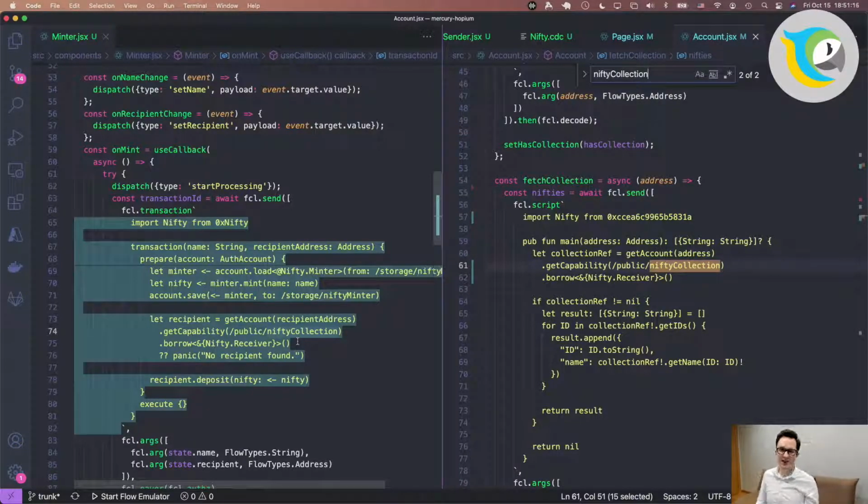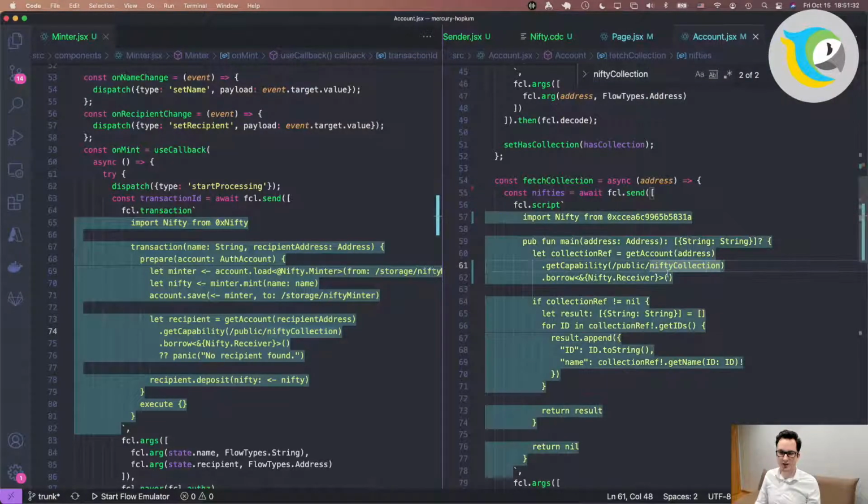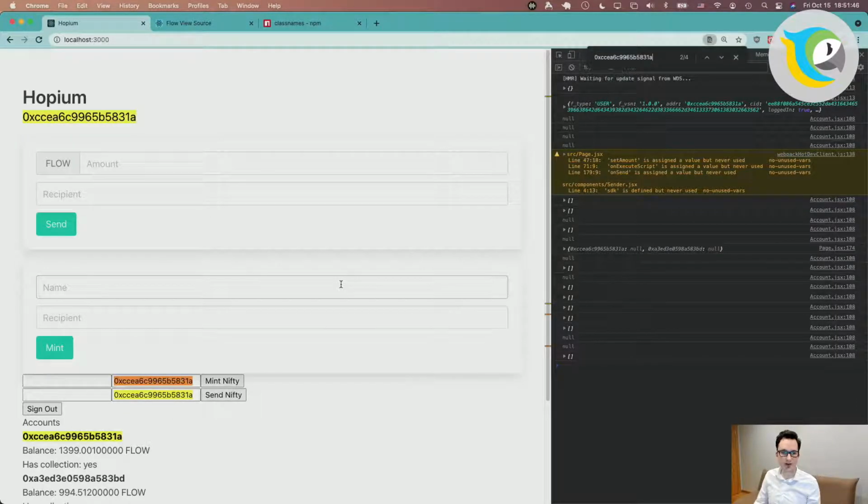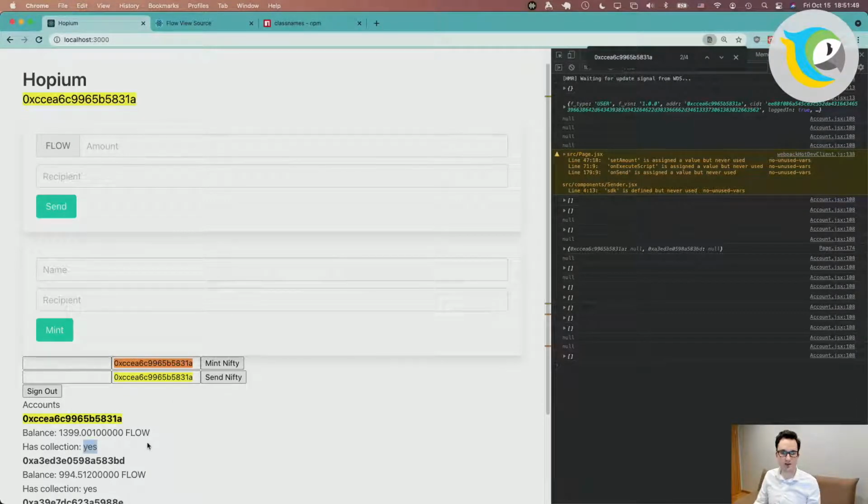Debugging, isn't that the best? I'm not getting any comments which I could answer, so I guess I'll just jump back into debugging this thing unless you guys come up with something that I could answer. And let's see here. We're getting this capability, we're borrowing it. So I have a collection, and I'm sure of that because this prints yes.